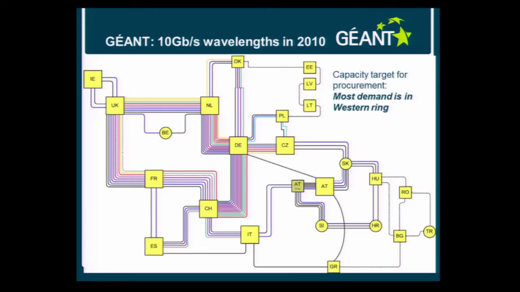Just a bit of background on where we were in 2010, the number of wavelengths that were used, and why we think we needed 100 gig in future. You can see here what we call the Western Ring. These are the number of 10 gig wavelengths that we were running on the Alcatel equipment, and there were quite a lot on the Western Ring, and a lot more requirements for IP, for point-to-point circuits, and for wavelengths. So we decided we needed to move to a platform which can support 100 gig rather than just multiple 10 gigs. Obviously elephant flows and all that come into play on the IP layer, so it's better to have 100 gig than multiple 10 gigs.